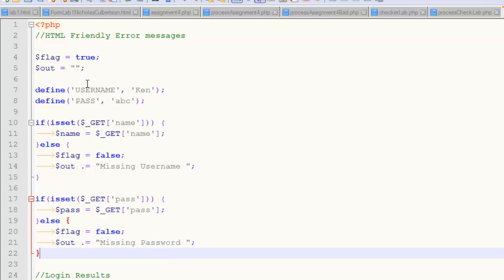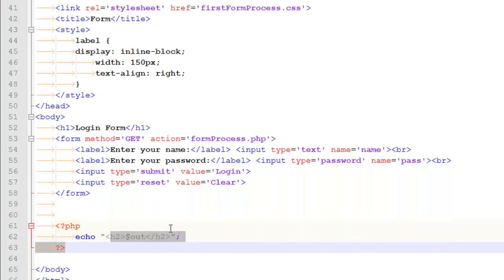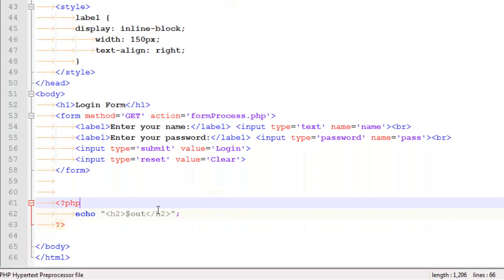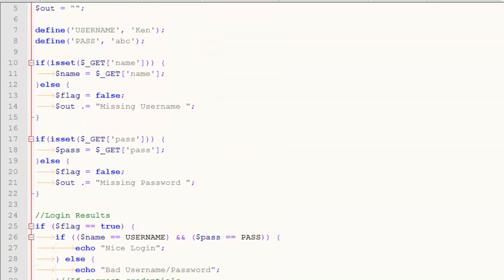So it starts off as nothing. If this happens to be the case, it concatenates missing username onto it. If you're missing both of them, it's going to say missing username and missing password. And I think I spit this out down here in an H2. So notice I've got a little PHP block down here, and this PHP block is saying, hey, this is where the feedback goes. So let me show you how that works,